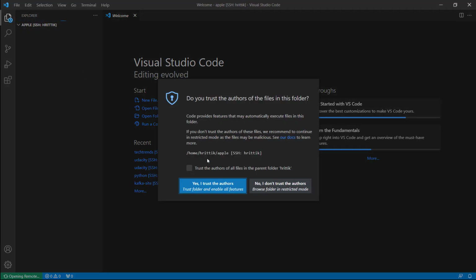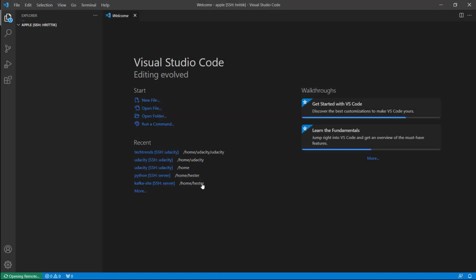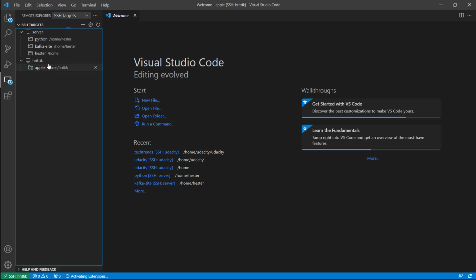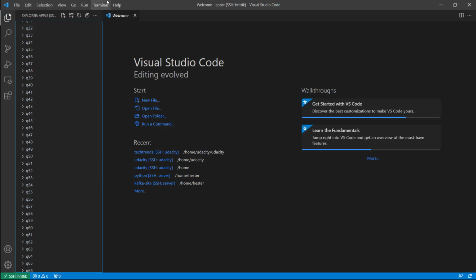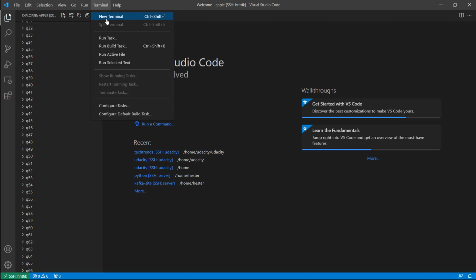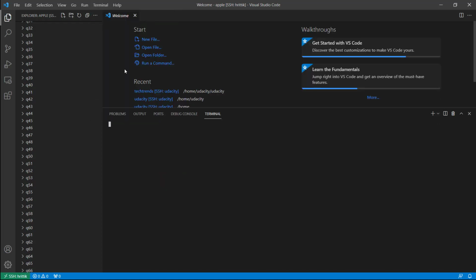Yeah, just trust the folder. So you can see those configured windows here, and you can add more windows with more directories. Here you can see all the folders, and you can code or do anything else and make use of the virtual server on your VS Code.